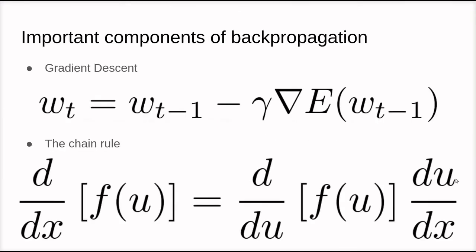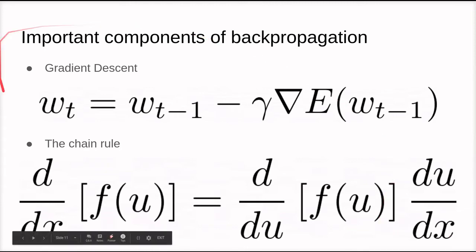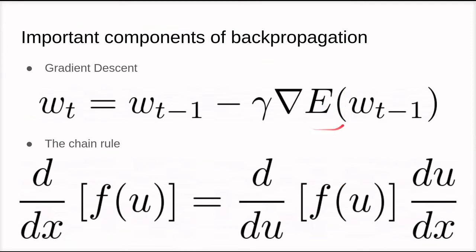We are now going to derive the backpropagation algorithm for a multi-layer perceptron. There are two tools that we're going to use for this derivation: gradient descent and the chain rule from calculus. Gradient descent is an algorithm for minimizing an energy function, E, by iteratively updating the input to the function by moving the previous input in the direction of greatest decrease of the function, the negative of the gradient, by some